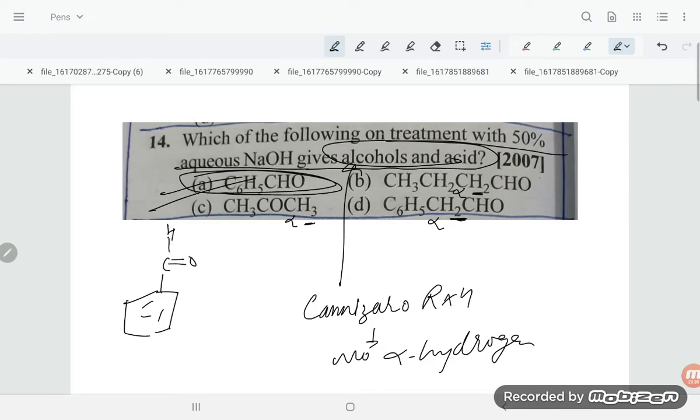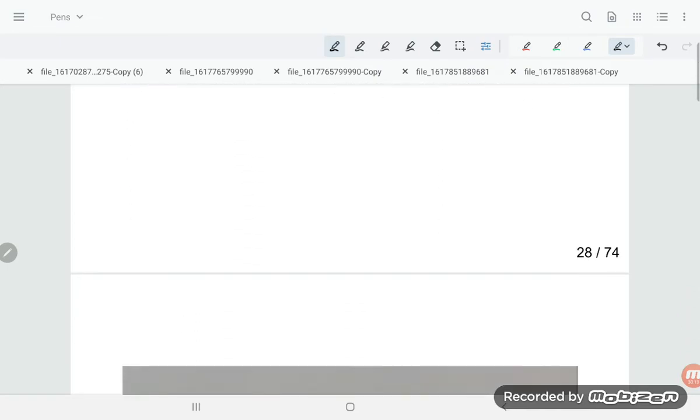double bond O and here is H there. So if you see, this is the alpha carbon. Okay, so if you see alpha carbon, dear students, it is not having the alpha hydrogen. That is why, because you see now the valency, you can see here is 1, 2, 3, 4. So it is not having the alpha hydrogen. So no alpha hydrogen means Cannizzaro reaction. So correct option is option number A.